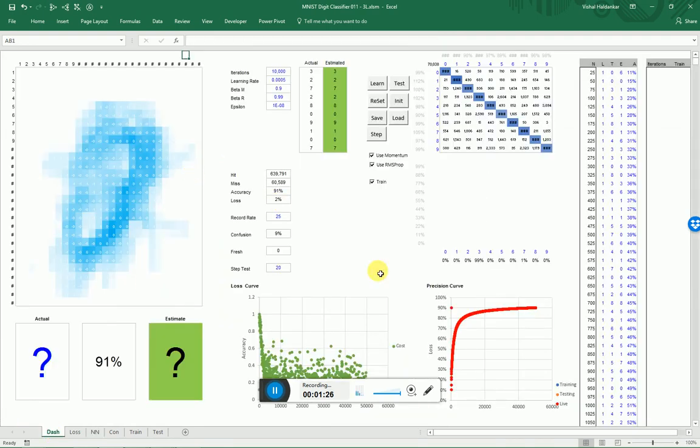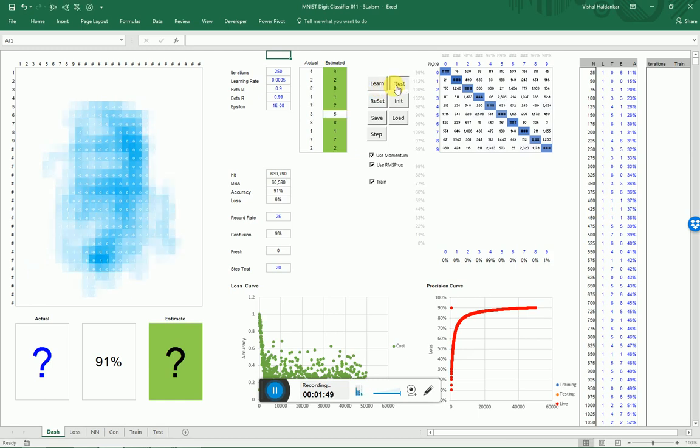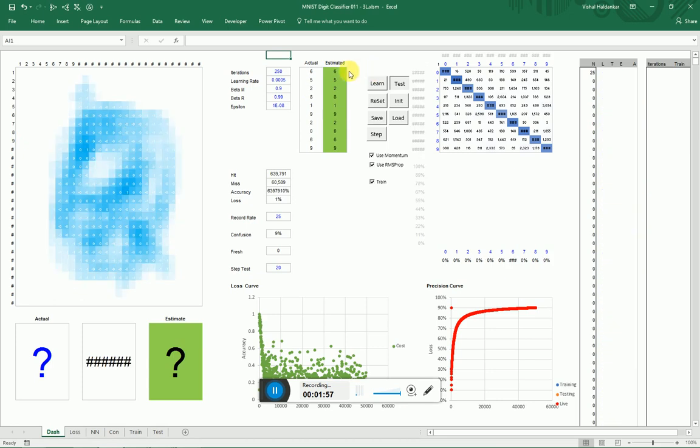So back on the dash tab, this is run for 70,000, and it's been taking lots of different inputs. If we do a quick run of, say, 250 digits from the test set, and run a test, it takes a little bit of time to set up, because my Visual Basic code is so poorly written. What it's doing now is flipping to look at digits from the test set, and it's not going to pull 10 individual numbers at a time. It's going to pull just one, but replicate it,